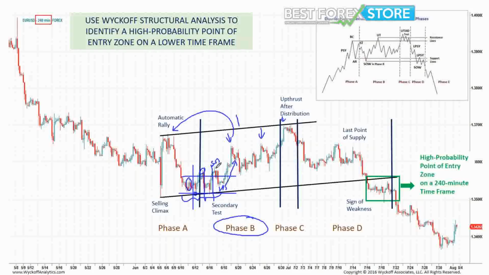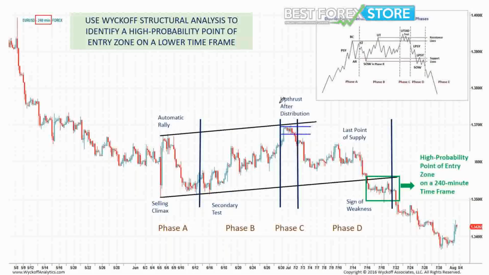And then once we experience the sign of strength and LPS, this is where the day trade is going to be much more significant. Again, change of character, consolidation, phase C, and then our bias is going to be to the upside. Now we already established a slope here with these 2 lows, so this slope is going to lead us to this area right here, and once we see some kind of reversal,